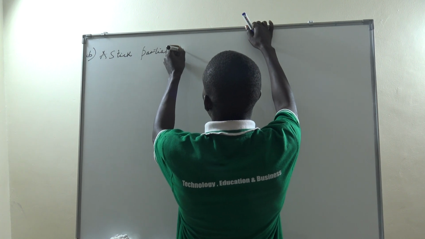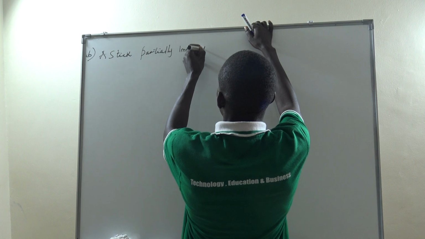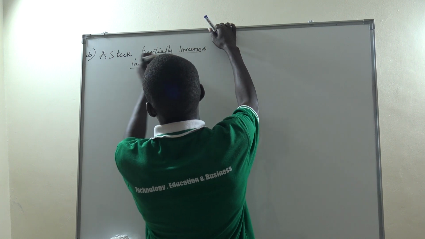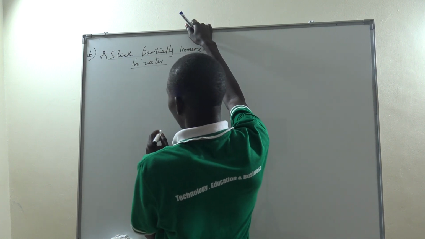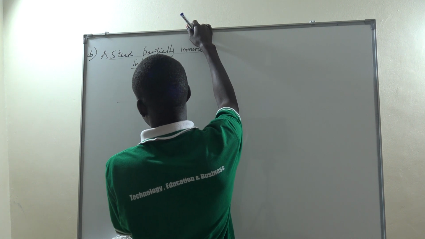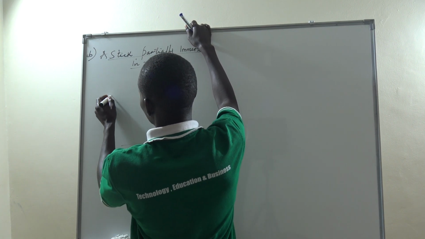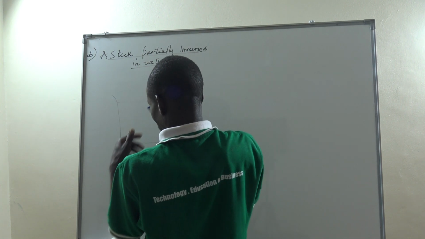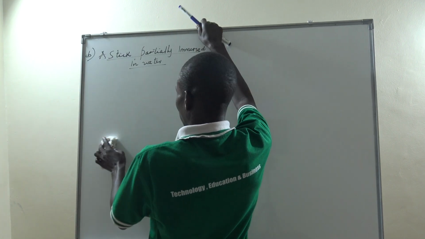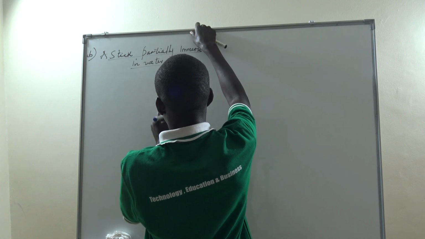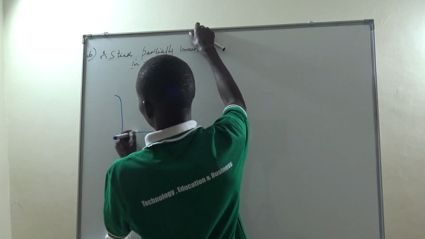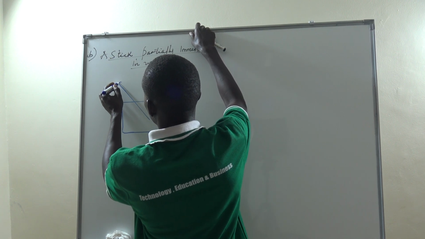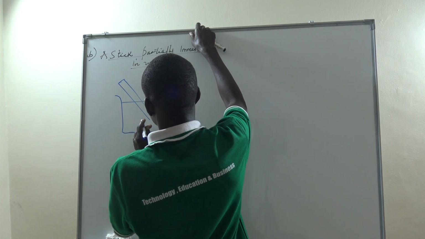If I have my liquid here, maybe if that is the container, we get a better marker pen here. And if I have this and I have a stick I've decided to immerse in water in a slanting format